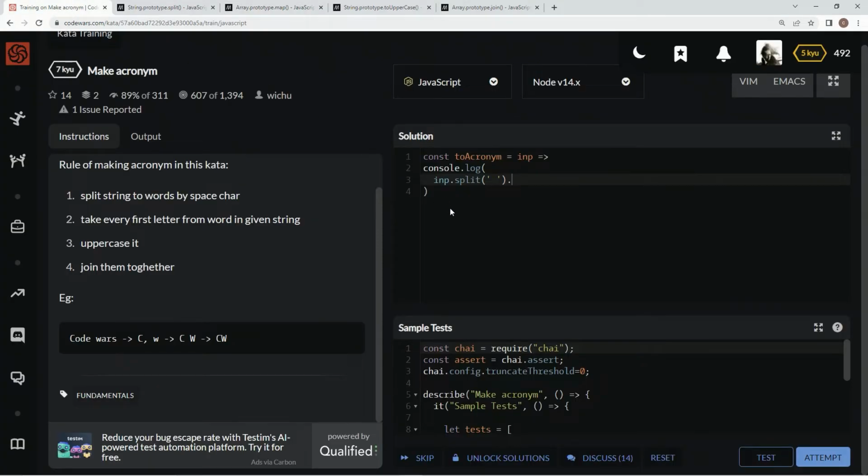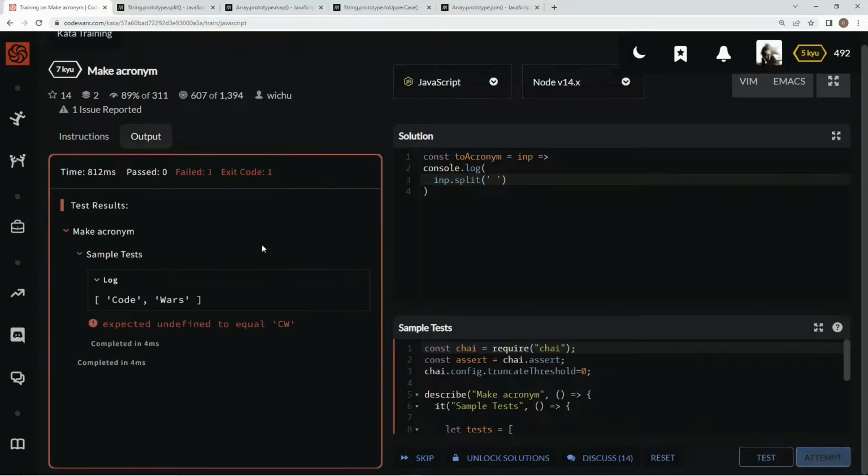But in our case, right now, what we've got going on is we've got code and wars, and we're just going to say, instead of like that said x times 2, we're going to do x at index 0. Okay, so we're not going to do x. I'm going to do e. So we're going to say dot map, and I'm going to say e for element and arrow right here, and we're going to say e at